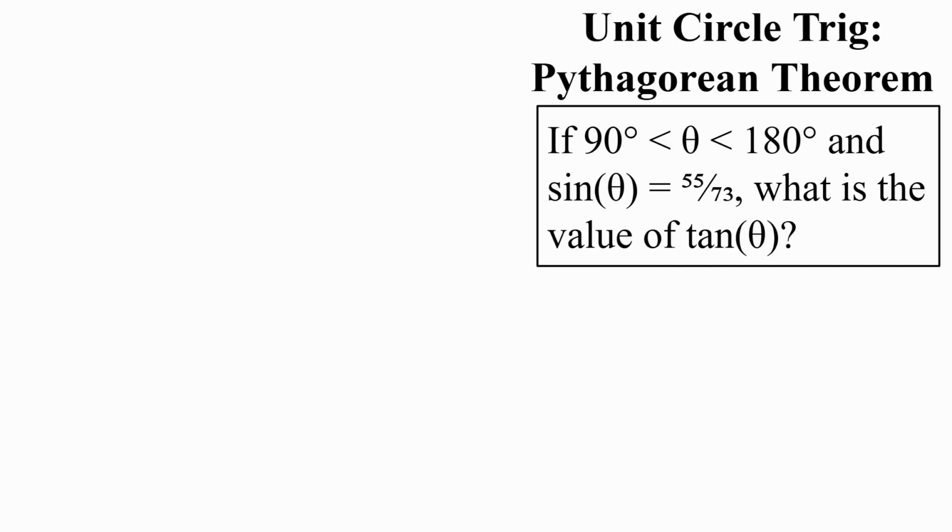Okay, so not always will the question end up giving you a reference triangle that forms a special right triangle. Sometimes it's just some other triangle. And you often need to use the Pythagorean theorem to find a side length or something. So in this one,